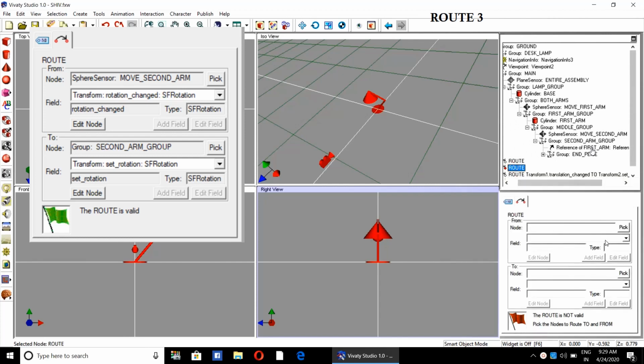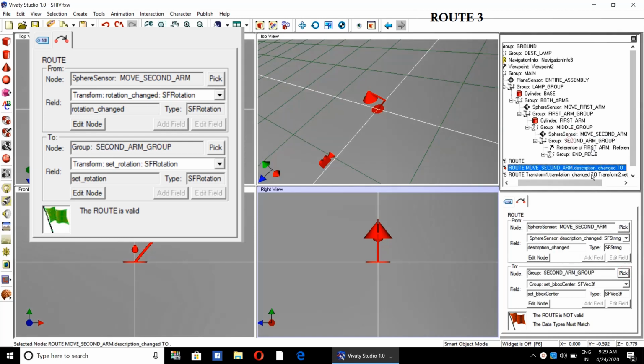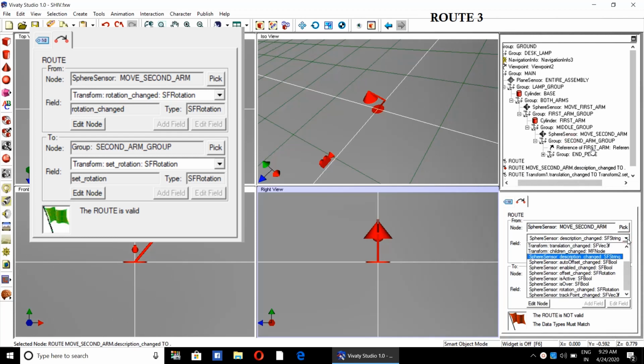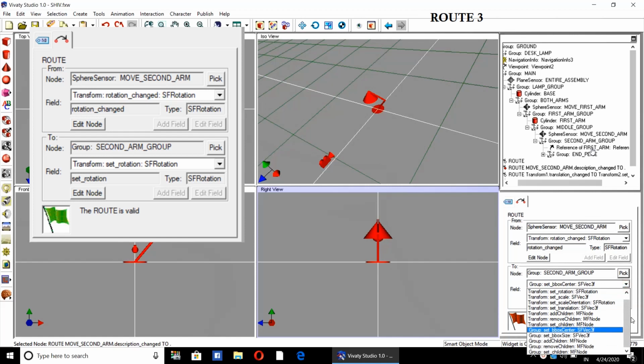Then third route will be from move second arm, sphere sensor to the group. Then change everything to SFRotation.